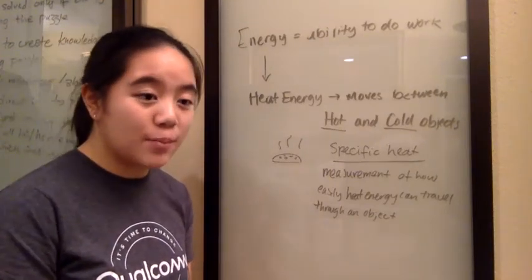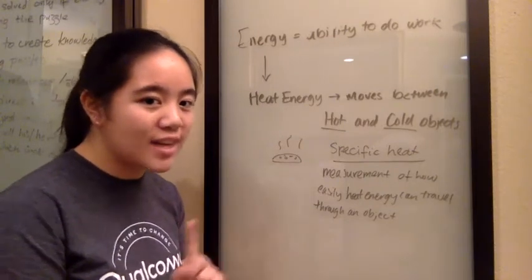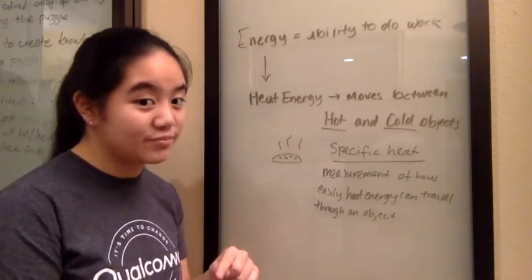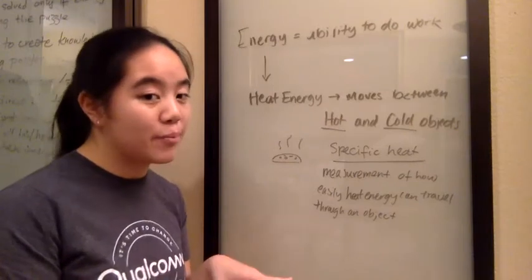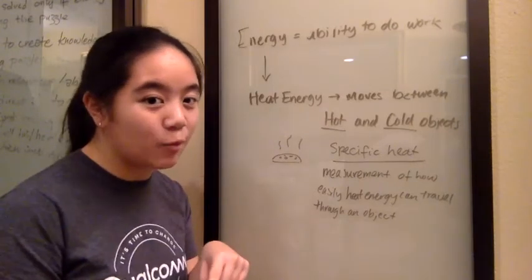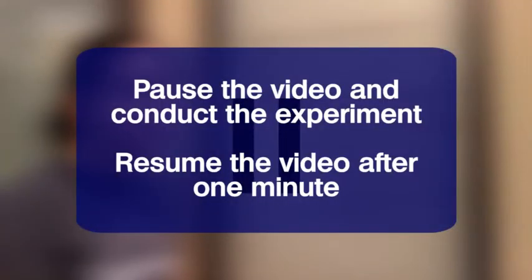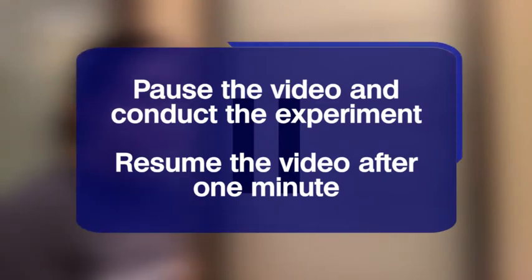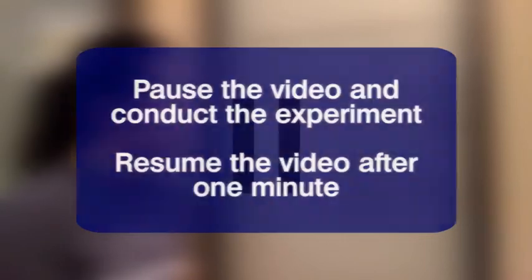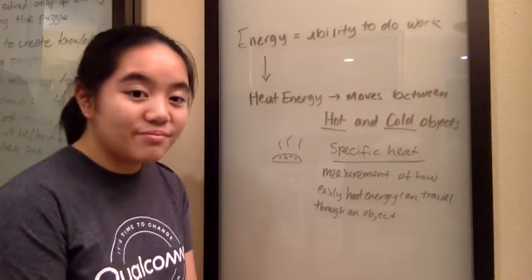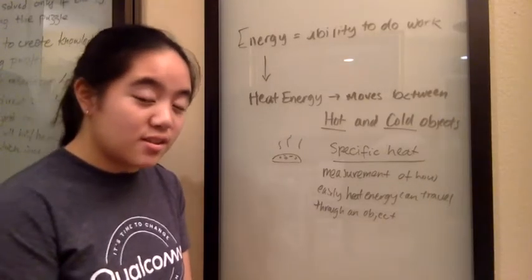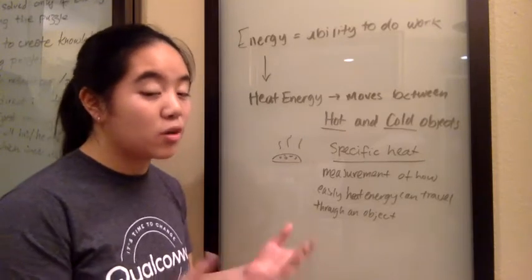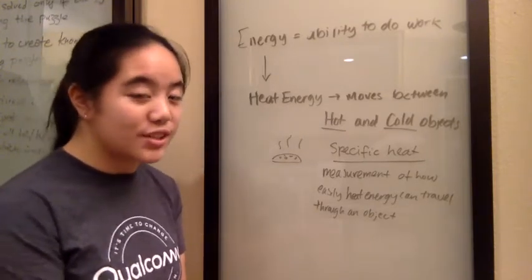So you're going to try to predict which ice cube you think is going to melt faster. Which one will be smaller after 1 minute? You can pause here and then wait for a minute and see which one. Alright, so you should notice that the ice cube in the metal bowl actually melted faster than the ice cube